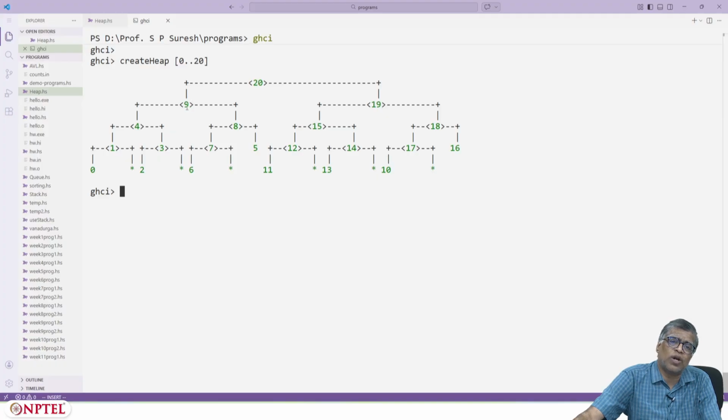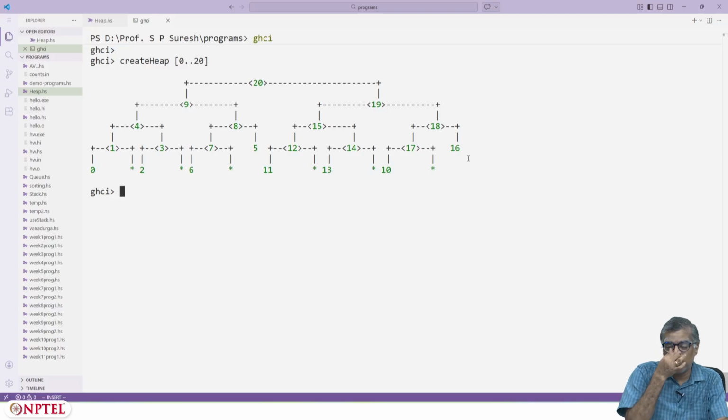And children of 9 are 4 and 8, children of 19 are 15 and 18, children of 4 are 1 and 3, children of 1 is 0, children of 3 are 2, children of 8 are 7 and 5, children of 7 is 6, 15 has 12 and 14 as children, 12 has 11 as a child, 14 has 13 as a child, etc., etc., right?